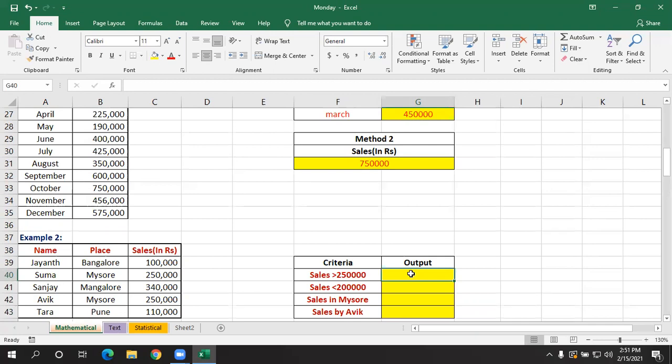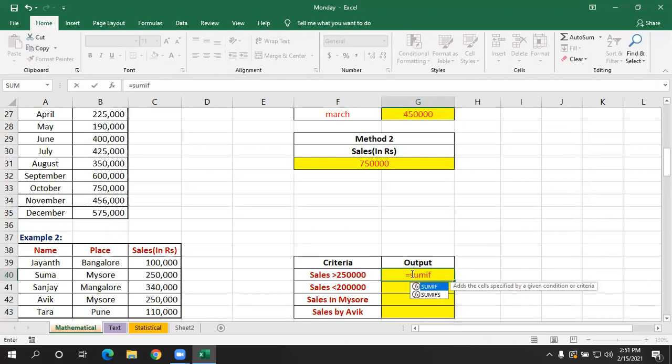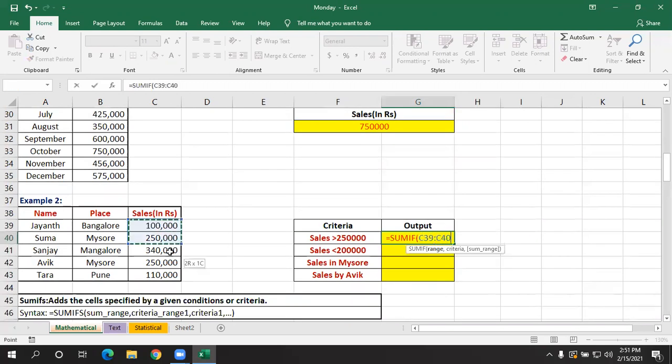So here, which range do I have to select? I have to select the sales column data only. So first give equals SUMIF, range will be this column, that is the sales column, comma, criteria will be what?